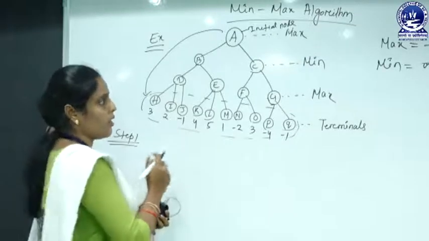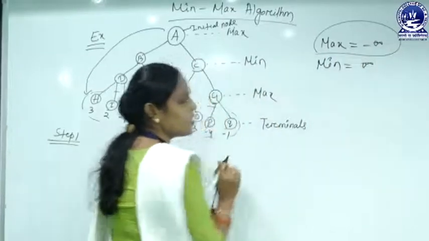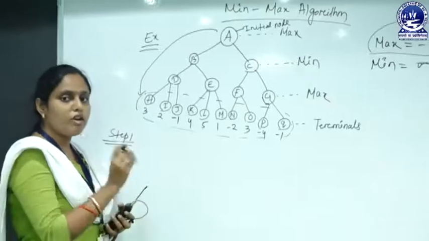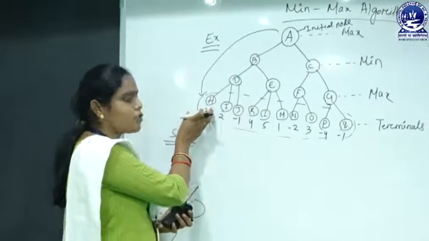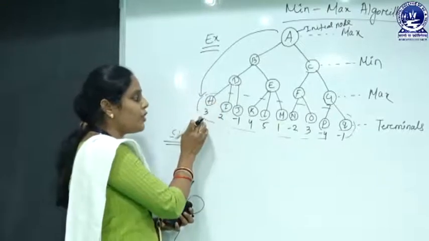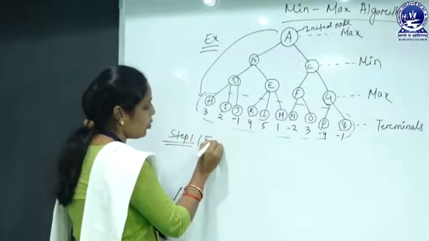Now look here, the initial value for our maximizer is minus infinity. That means now this minus infinity is compared with our first terminal value. Here our first terminal is h and its value is 3. That means in step 1 for node D,